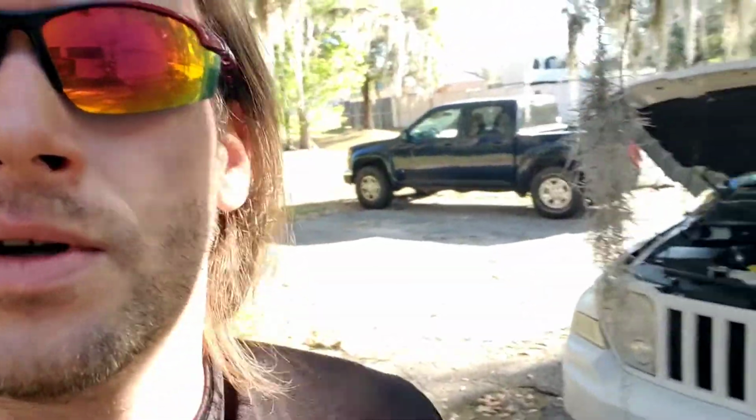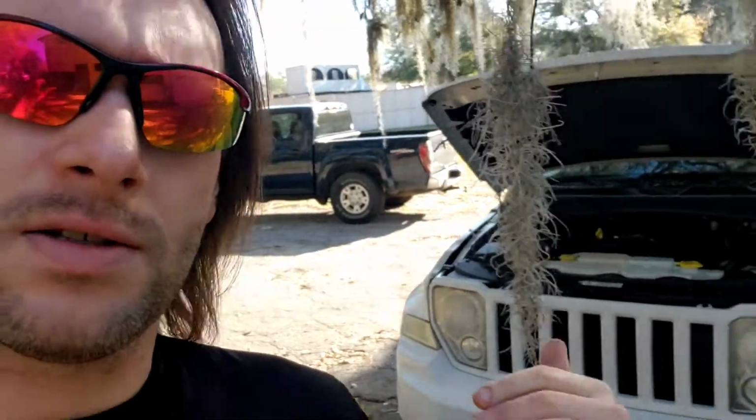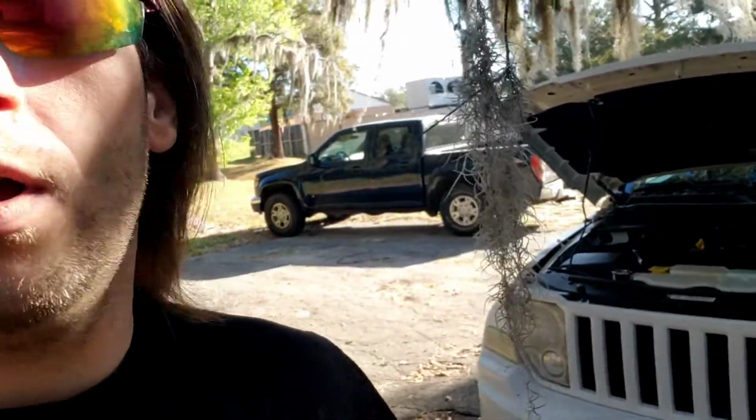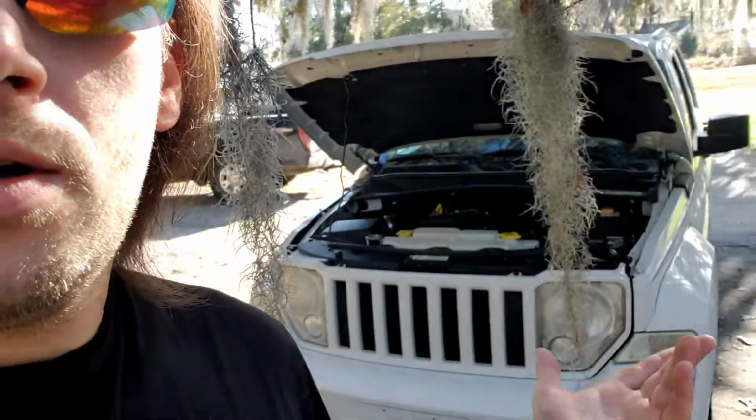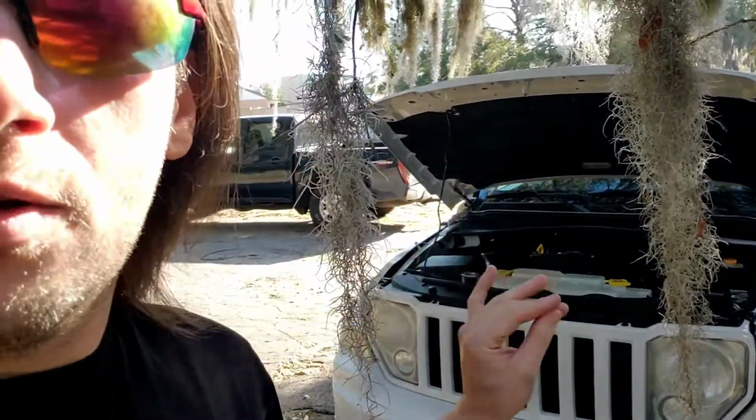Alright, now we're going to be doing an oil change in this 2012 Jeep Liberty. It's a 6-cylinder engine car. It's got over 180,000 miles on it. It's running in great condition. And yeah, like I said, I'm going to show you how easy it is to do an oil change in